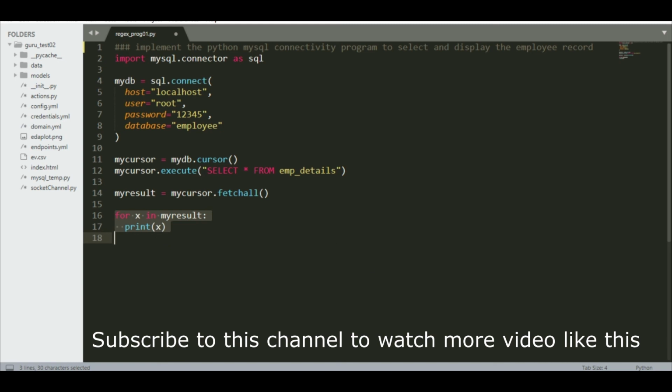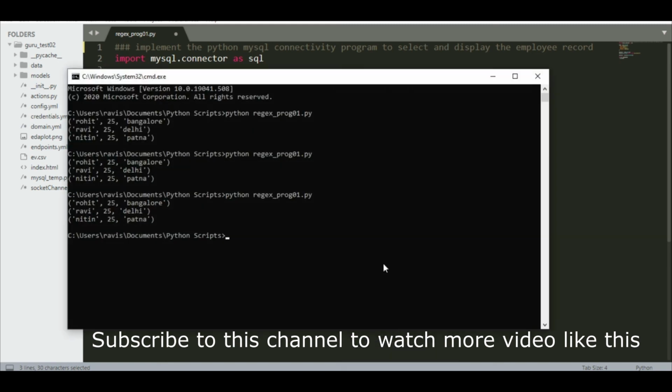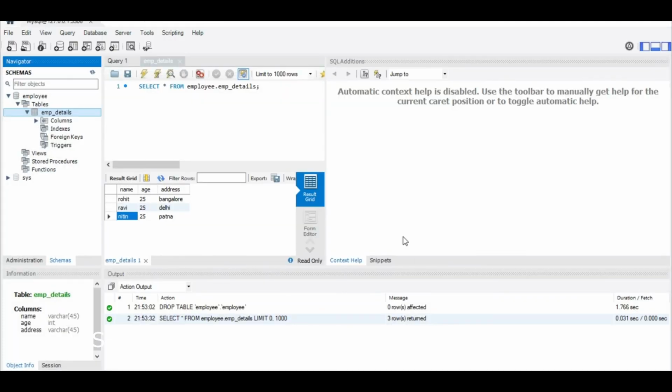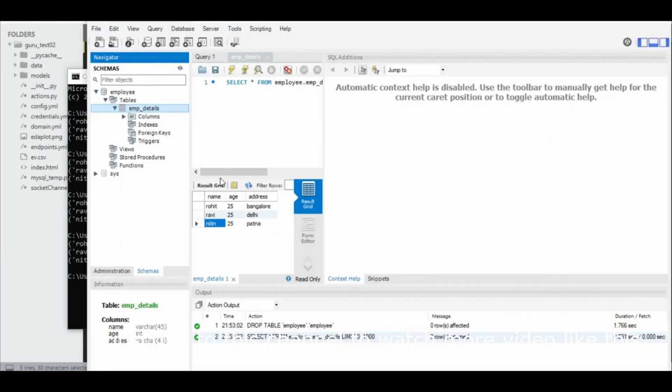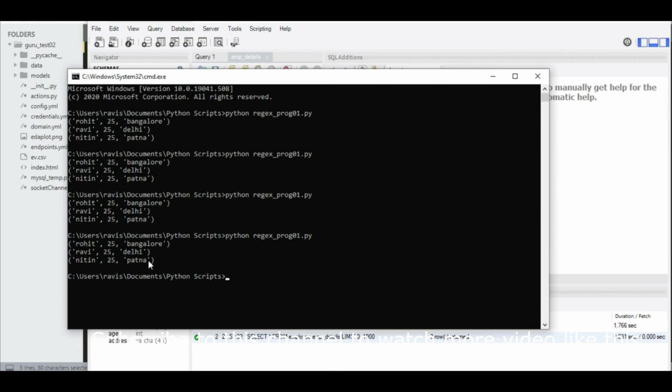So I will just show how we print in the console prompt. So Python, and this is the name of the program, and see, I already extracted the value from this software which is called a database. So this is the beauty of Python code, that you can connect with the database. With the help of Python, we connected our code to this software, and we extracted this data and stored it into our console prompt.